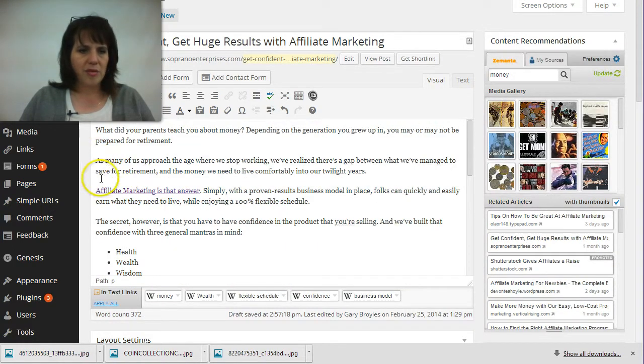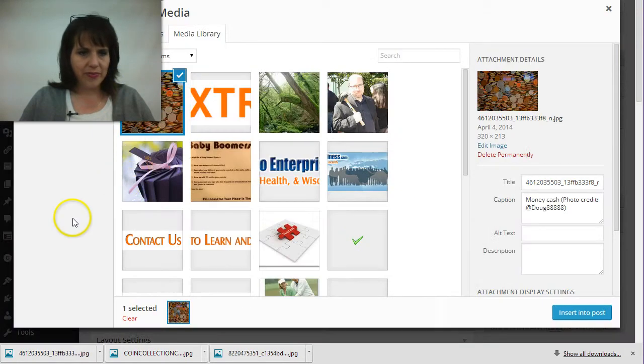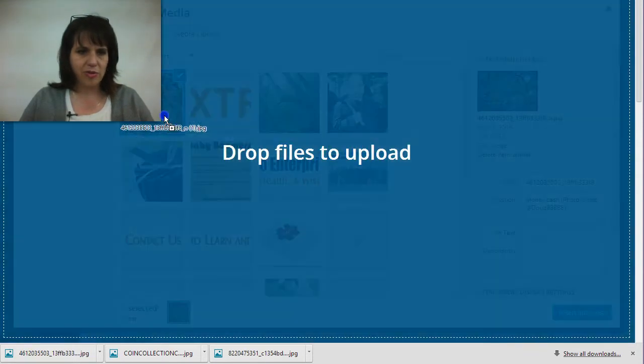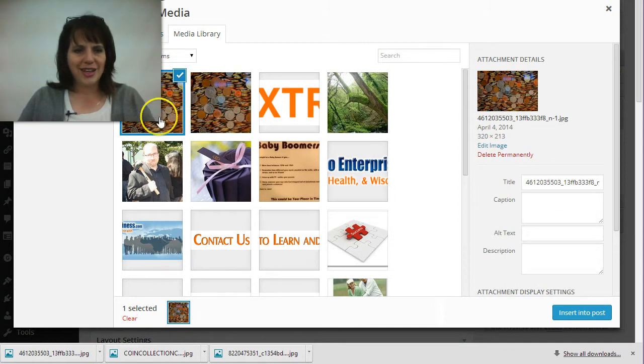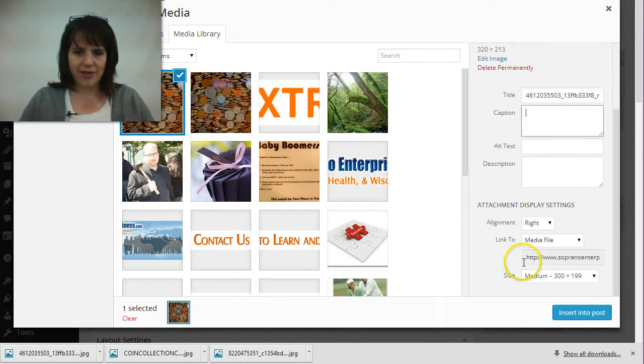And then I'm going to come up here to where I want my image to be, and I'm going to click Add Media. I'm going to click on my coin image, which actually, I guess I should upload that. Apparently I've been playing on this one for a second. Upload my coin image, click on my coin image, come over here to my, come down here to my media